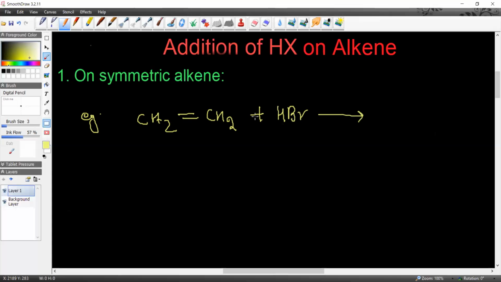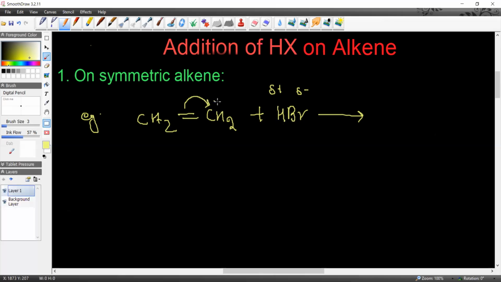As we know, hydrogen is less electronegative and bromine is more electronegative. So that's why hydrogen acquires a partially positive charge while bromine gets a partially negative charge. In the alkene molecule, this is the pi bond. If the pi electrons of this bond move onto this carbon atom, then this carbon atom is electron rich, while this carbon atom becomes electron deficient in nature. Got it? Okay.